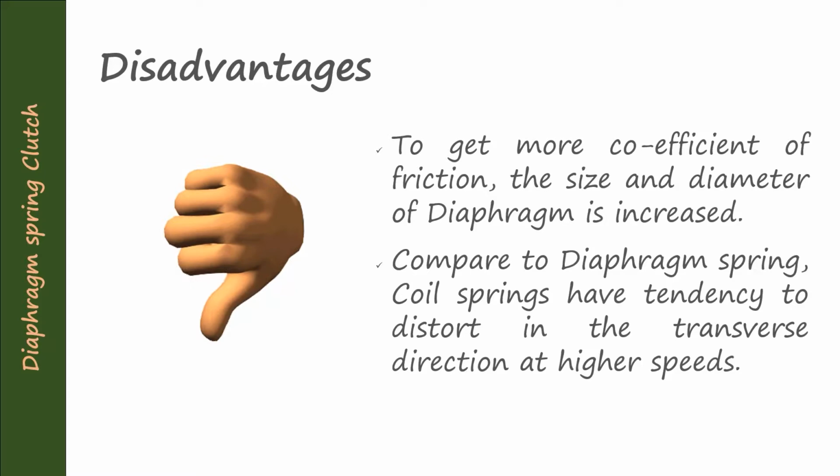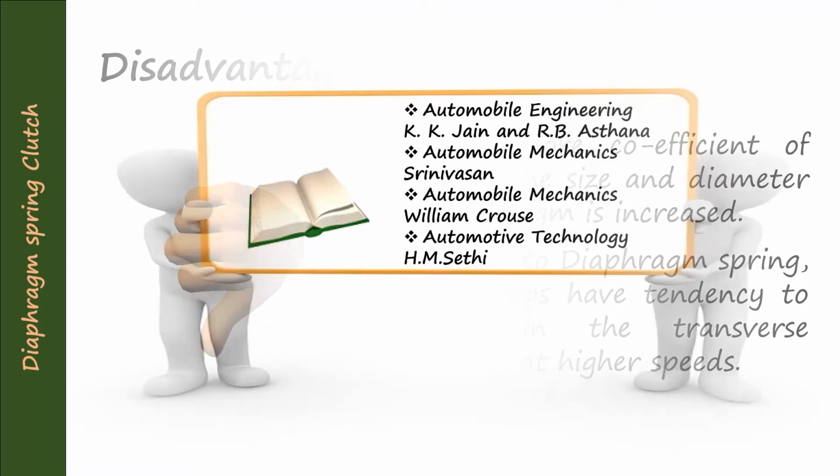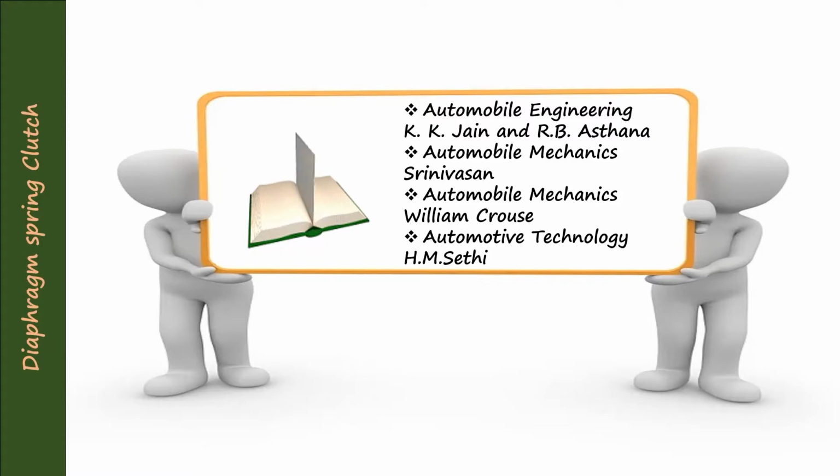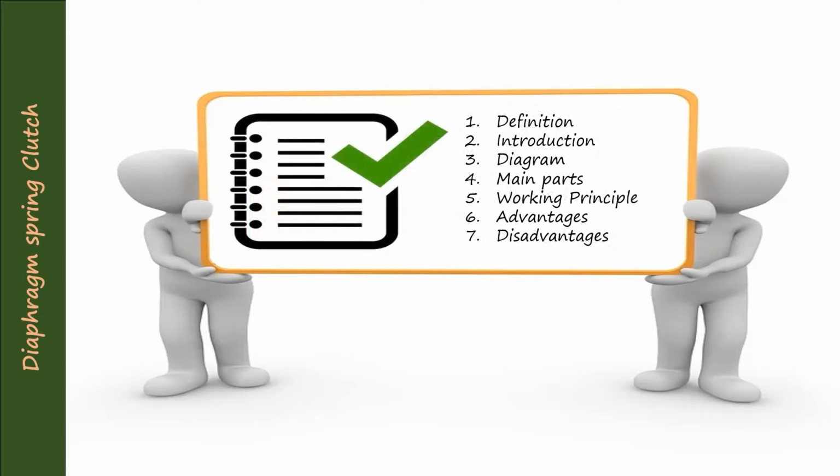These are the references, and you can go through these books to learn more about the diaphragm spring clutch. Again, I'm telling you, the coil spring clutch and the diaphragm spring clutch are short topics, so they take little time. So this is the summary of what we have seen in this chapter. As usual, you can replace the introduction with construction. If you read the detailing, you may understand the concept of the diaphragm spring clutch.